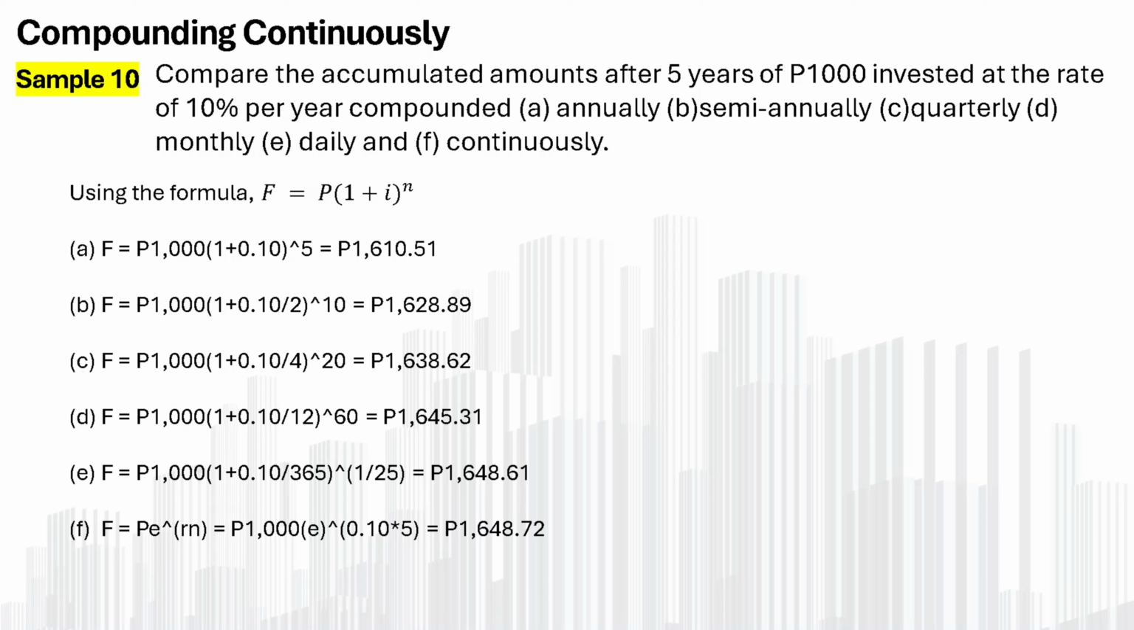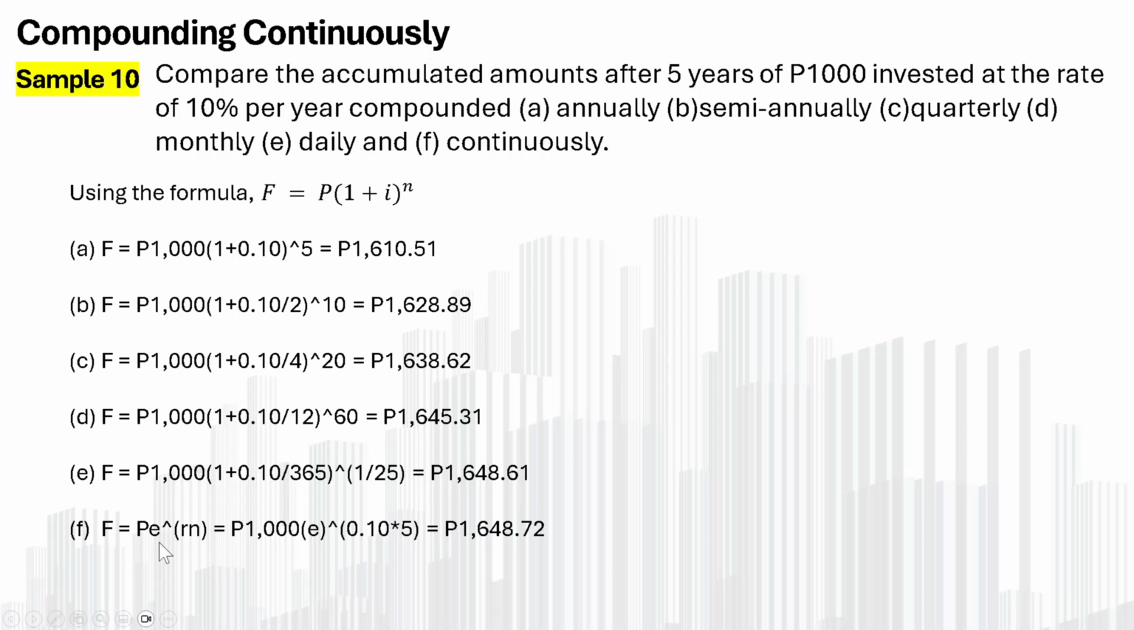So 0.10 over 2. And then raised to the product of the number of periods times the number of times being compounded in that particular year. So in this case, N natin is 5 years times compounded semi-annually times 2. That would be 5 times 2. Okay, and then so on and so forth. And then, yun nga, nag-iba lang dito continuously. So pag continuously, mag-iba yung